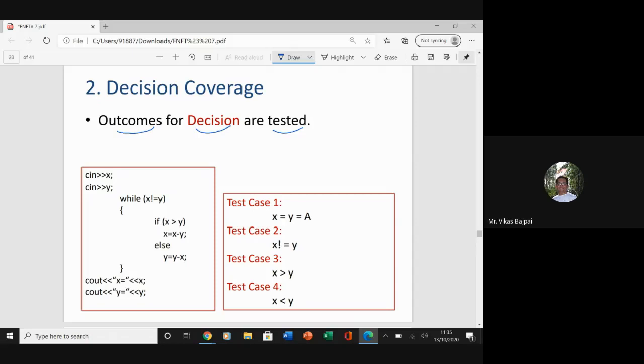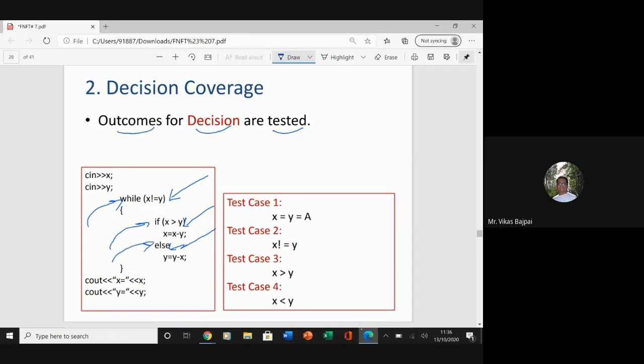In this particular piece of code, I am looking for the decisions, where the decisions are being taken. So I'll try to fire the values in a way that these things get executed at least once.